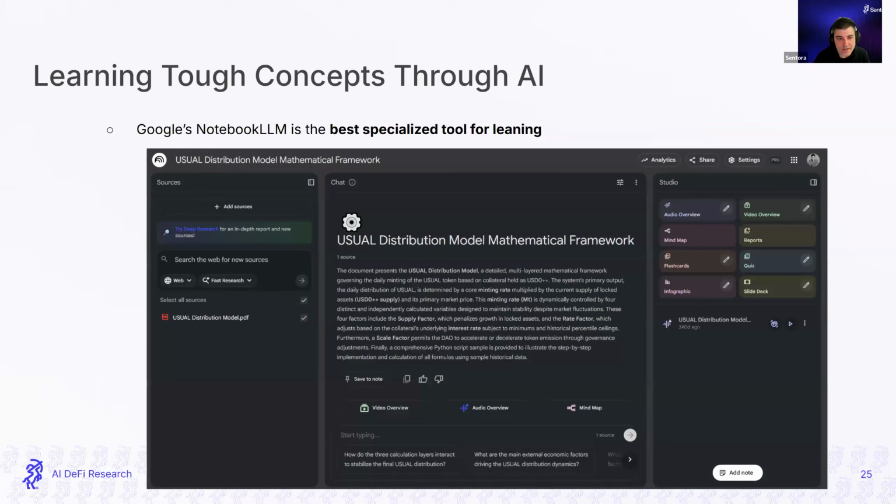And of course, for learning, the tool that is being used the most is NotebookLM from Google. I think it's being widely used in universities at the moment. To be honest, I haven't used it as much, but it has some very interesting capabilities. By sharing materials into the web app, we can have access to different features. One of the most popular ones is the audio overview, where basically it crafts a podcast between two persons where they try to go over, at a very high level, how the materials that you provided work.